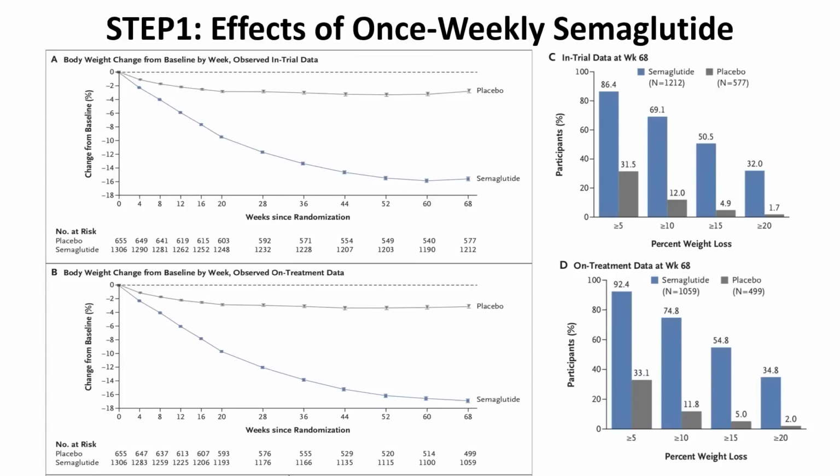Of course, weight loss through medications such as GLP-1 agonists like semaglutide is a very effective way. This is data from the STEP 1 trial that led to FDA approval for the obesity indication. Patients lost about 17% of their total body weight. But what's also important is to notice in panel C, for example, that the majority of patients are able to lose 10% or more of their total body weight. So now we're at 70%, which is much better than the 10% that we can achieve with the typical lifestyle intervention.